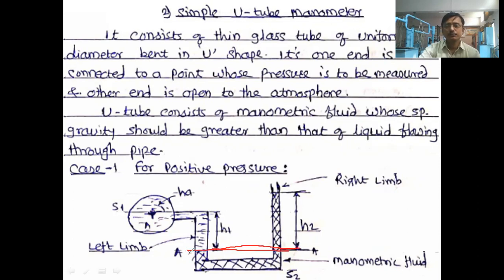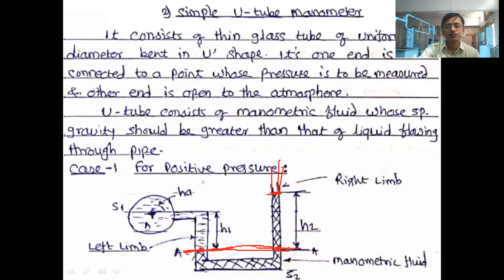So at this datum, this is the datum line. At this datum line, what should be the pressure intensity under equilibrium condition? Now the equilibrium condition has been reached. The liquid has moved up to this direction, and there is no further rise in the mercury inside this manometric tube. It is observed, so we can say that the equilibrium has been reached. So the pressure intensity at this point must be equal to the pressure intensity at this point, because the datum line is this much. So under equilibrium condition, this has become stable, right?